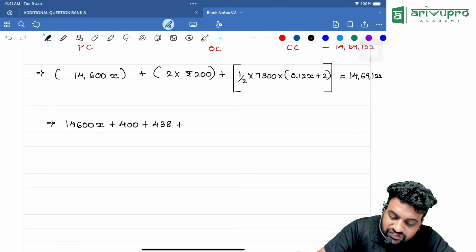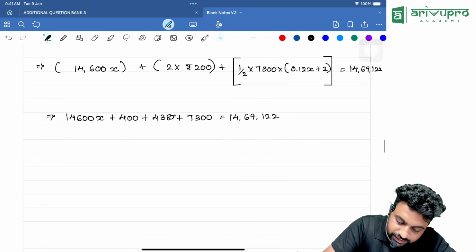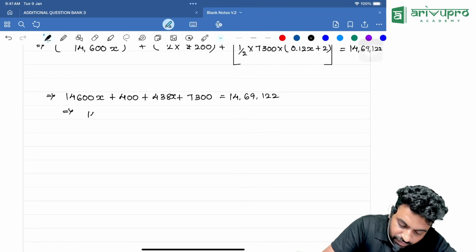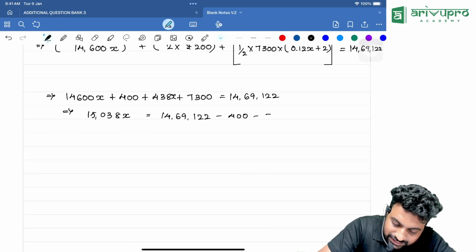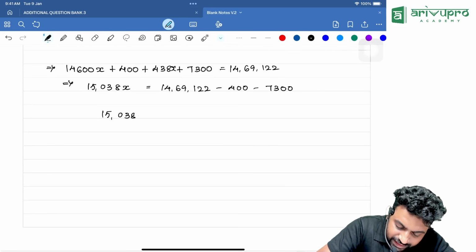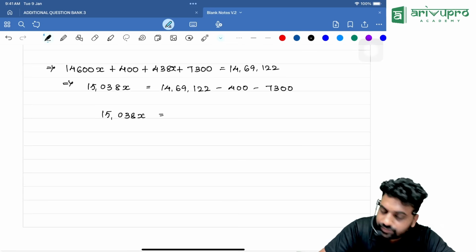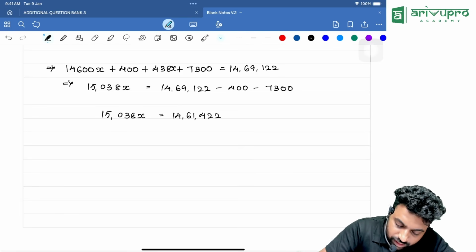438 plus 3650 into 2, 7,300. That is equal to 14,69,122. 438x. Now it is 15,038x is equal to 14,69,122 minus 400 minus 7,300. 15,038x is equal to how much, guys? 61,420. X is equal to